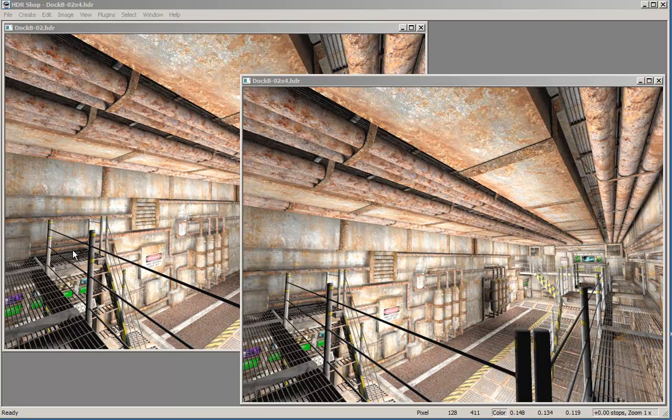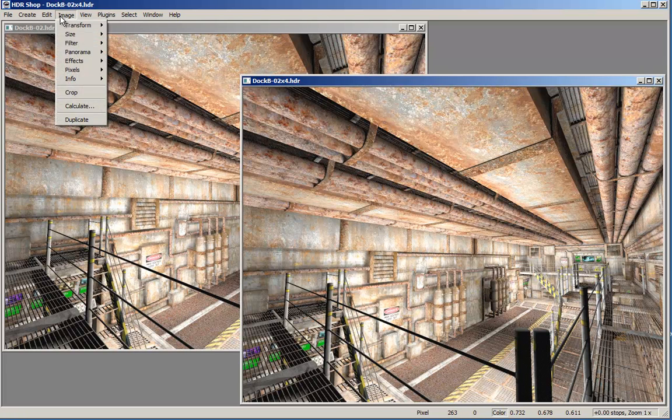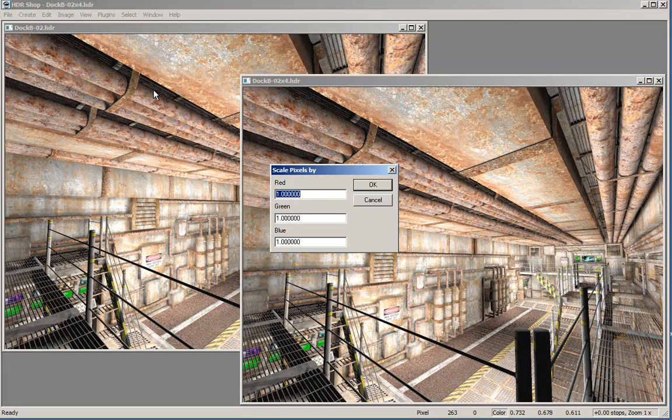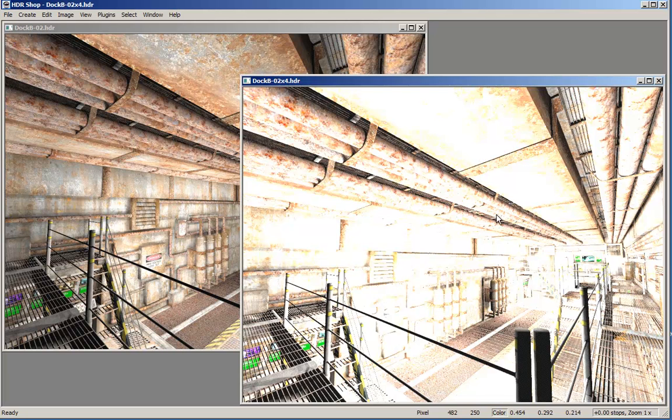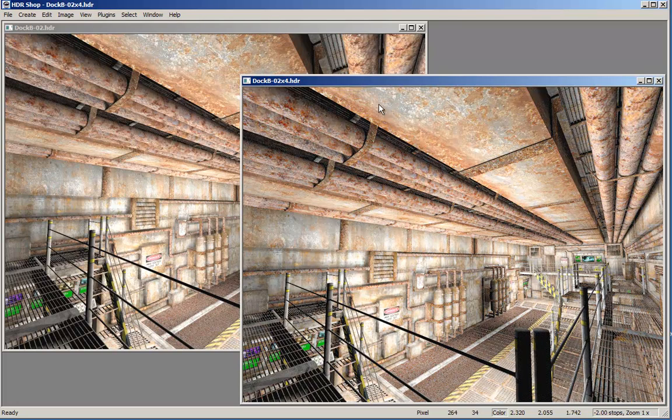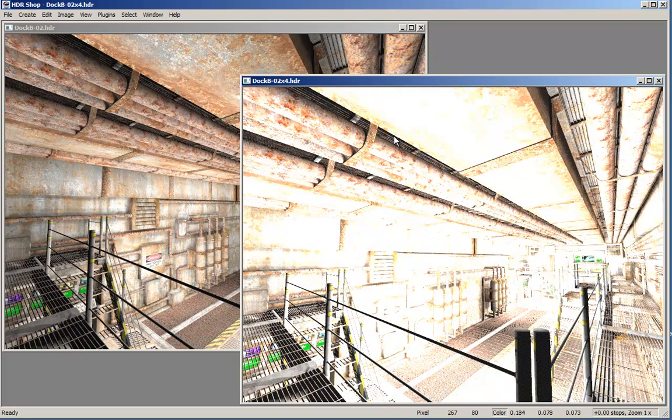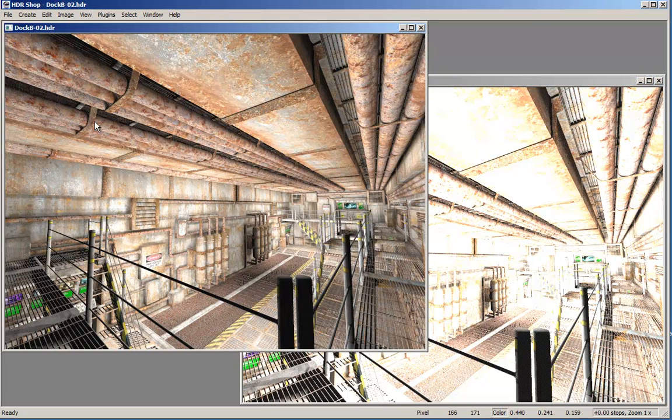If we have an HDRI image, we can multiply the pixel values. This will make the result brighter, but it does not change the dynamic range. These are twice the same renders exported as HDRI. I go to pixels scale and multiply them by 4, and I have a brighter image. I can compensate that with the minus key, so you see there is no change at all, but the pixel values have been multiplied. It is the same as opening the aperture of a camera to let more light hit the film or sensor. I can tone map this unchanged HDRI,